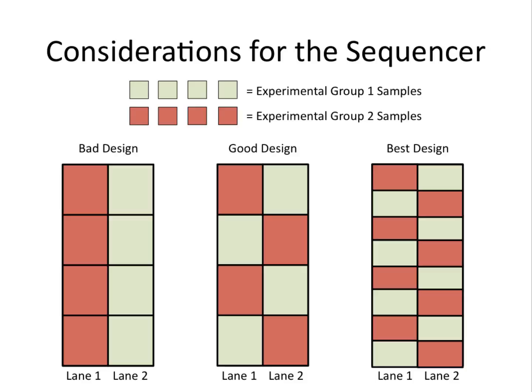For the HiSeq 2500 rapid run, you want to avoid batch effects by mixing your samples as much as possible. For example, if you have an experiment consisting of 8 samples with 4 replicates per group, running all 8 samples on each lane gives you the same depth as splitting them up so that all of one group is in one lane versus the other group in the other lane.